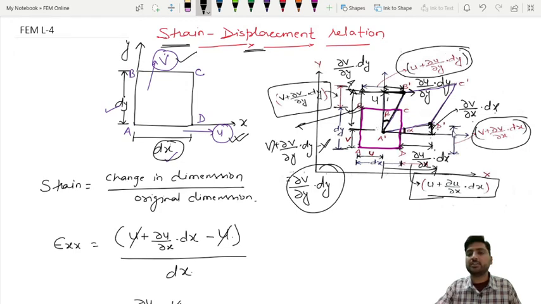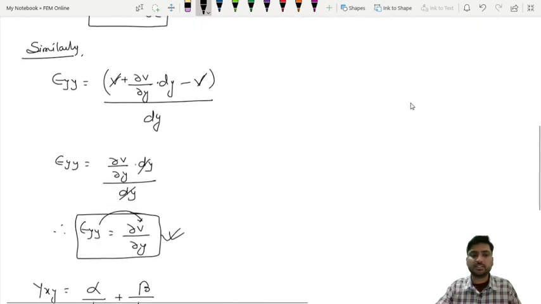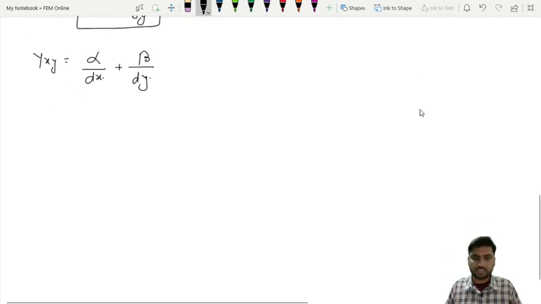Now what is this alpha? If you want to find this distance, what is this distance? This is del v by del x into dx. And what is this distance? This is del v upon del y. This distance, we have already found. Sorry, yes, this is the distance del u upon del y into dy. So initially I will write the complete one and then we will subtract u and v, then we will get that equation. Similarly, because we are doing the same thing here, gamma xy will be nothing but